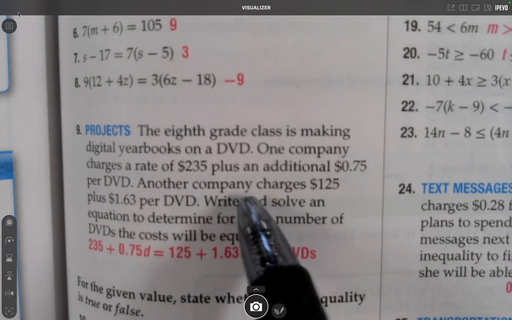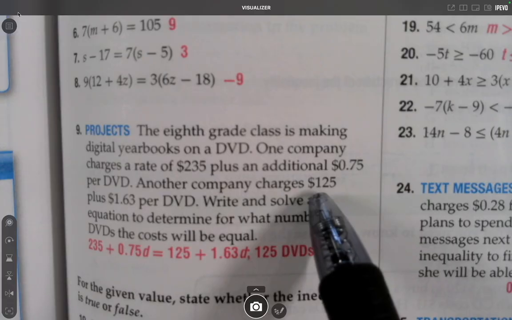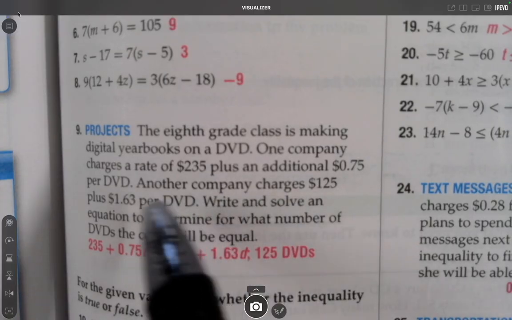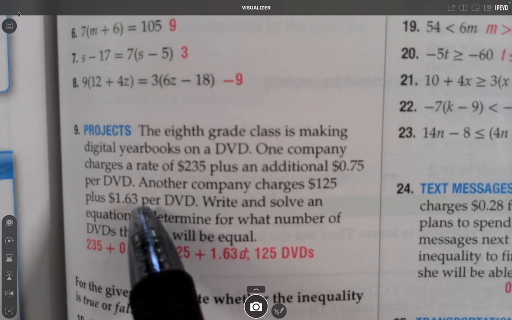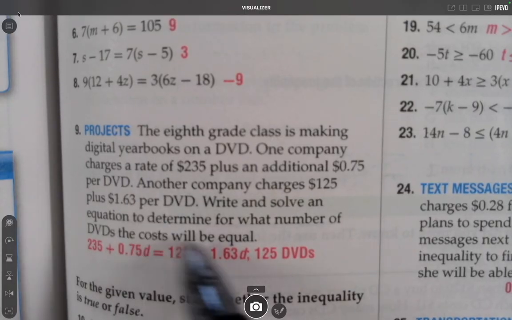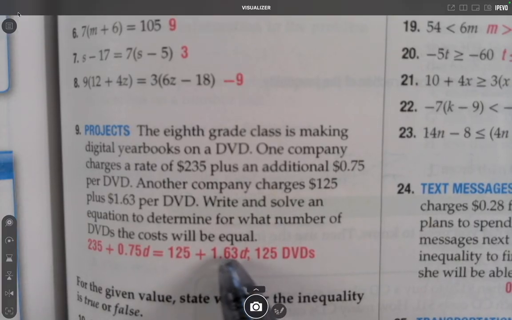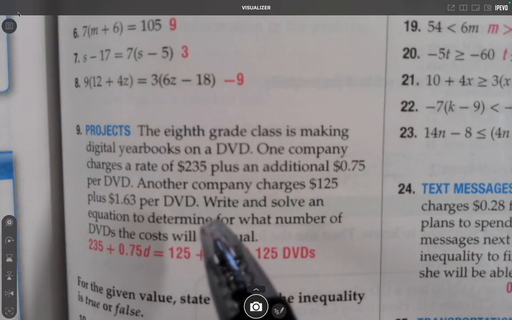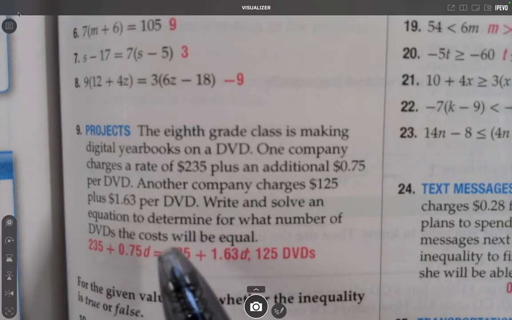Another company charges $125. That's their flat rate. They charge you that no matter what. Doesn't matter if you order one or 1,000 or anything in between. They charge $1.63 per DVD. So $125 has no variable because it's a flat rate, doesn't change. But it's $1.63 per DVD. So $1.63 times D. So write and solve an equation to determine for what number of DVDs the cost will